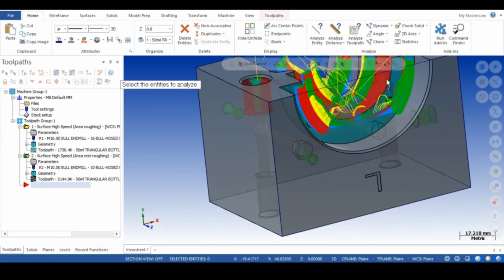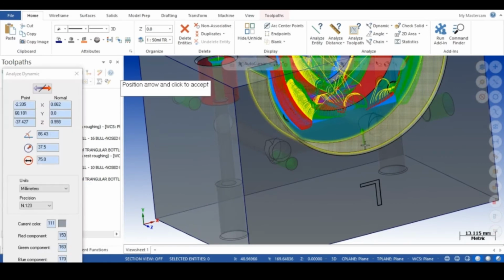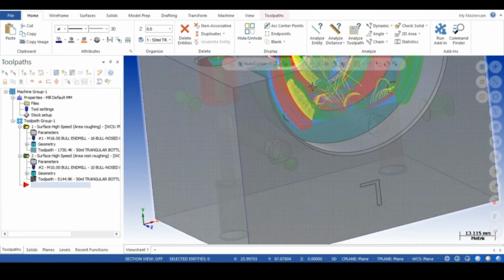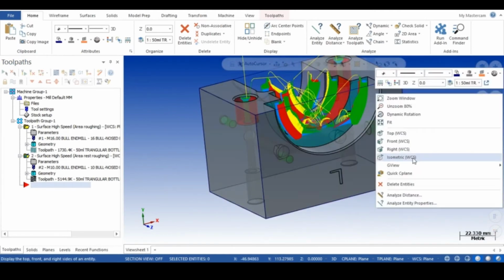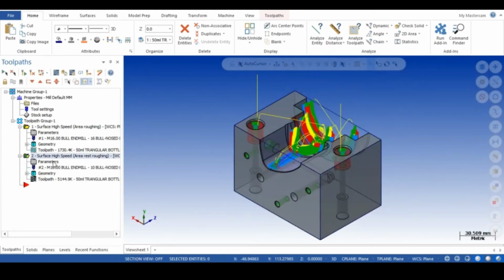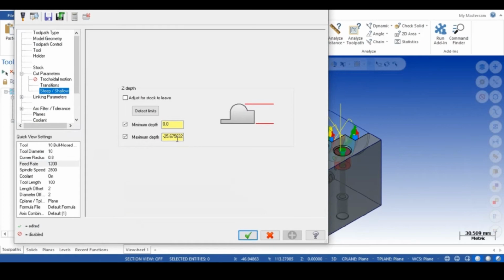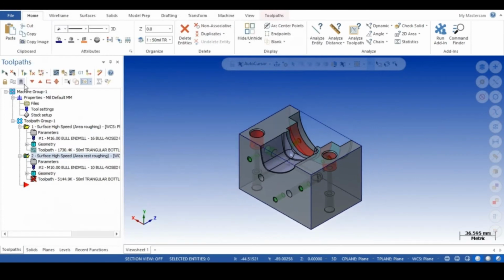We can increase the depth up to here. The depth is 37. I will write down 38, a round figure. Once again I am regenerating the program.